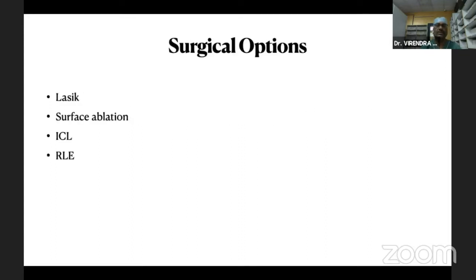There are many options which you all know: laser refractive correction surgery, implantable lenses in a normal eye, which are phakic lenses, or a refractive lens exchange. There are so many controversies around each. So I will just discuss in brief, and then we would like to have an interaction or question and answer if possible.